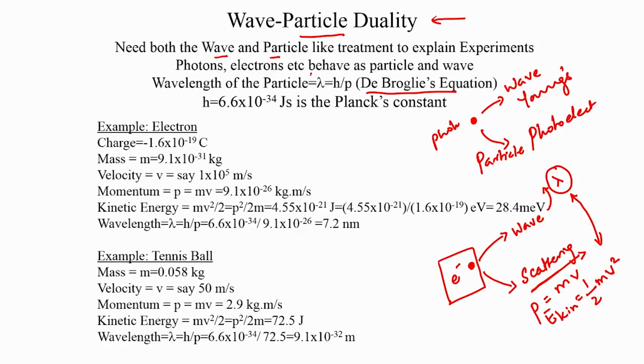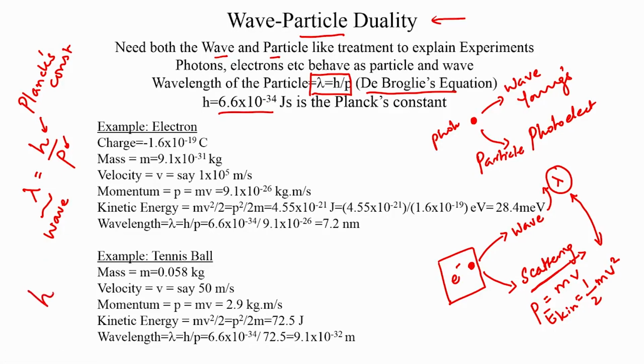And this relation between the wave like nature and particle like nature is defined by the de Broglie's equation. So it is a very essential concept, which connects the wavelength of the wave particle to the momentum of the wave particle. So we say that lambda, which is the wavelength, is defined as h by p, where h is a constant called the Planck's constant, and it has got a value of this. It is the same constant that is used to define the energy of a photon. So the energy of a photon is h times nu, where nu is the frequency of a photon. We are talking about the same Planck's constant, and p is the momentum of the